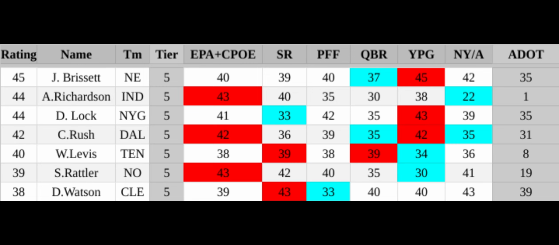Next, we get to Anthony Richardson, who is still somehow the most intriguing player in the league for me. I understand I shouldn't feel that way, but he was number one in average depth of target by roughly 2 full yards. That is bonkers. He was throwing just Hail Marys on every play.